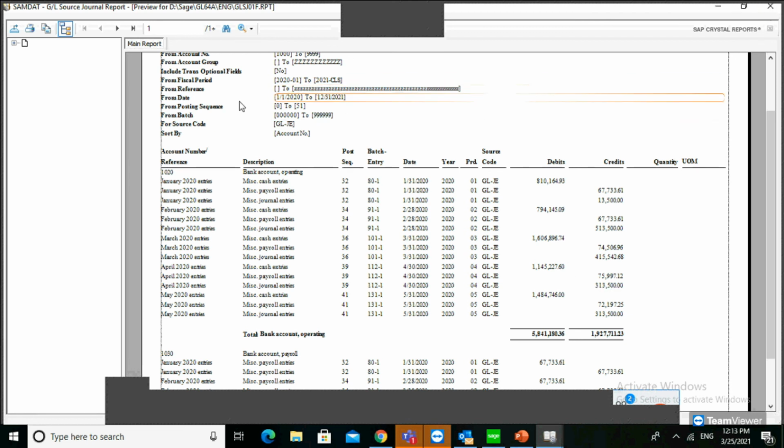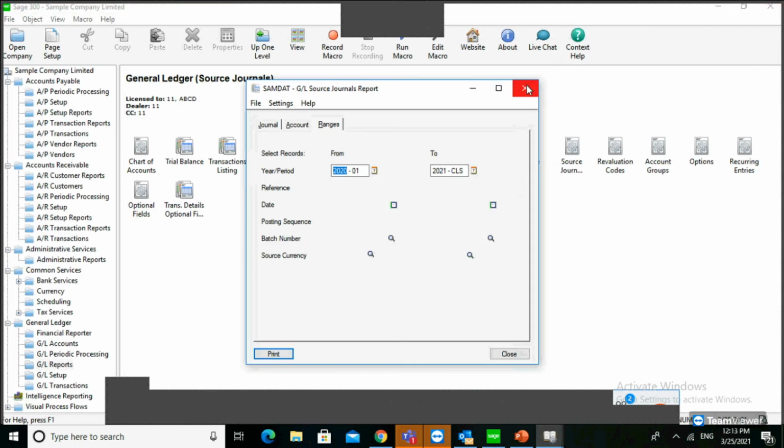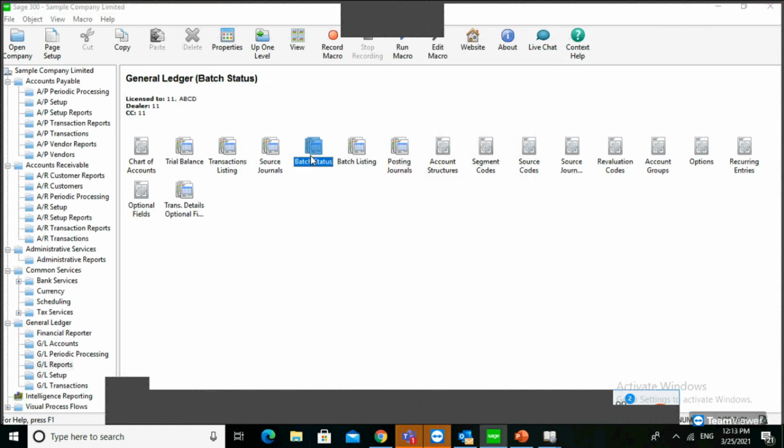You can get that information, and if you want, you can export and print it from this report. Also, you can get the batch listing, posting journal, and account structure reports. This is all about the reports. You can print and see all these reports.